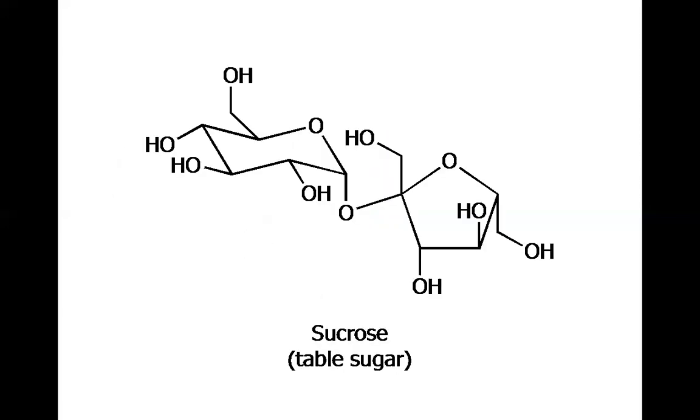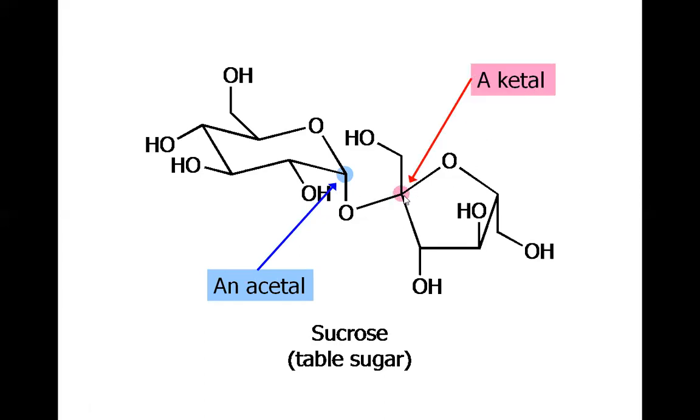Another natural compound, sucrose, table sugar, has this carbon. You can see this carbon is connected to two oxygens, which are further connected to alkyl carbon chains. So this carbon is connected to two alkoxys. So this is an acetal. Why am I calling it acetal? Because of two alkoxy groups and a hydrogen here and a carbon here. So this is an acetal bond, acetal functionality. And for this carbon, we have the ketal. Why am I calling it ketal? Because this carbon is connected to two alkoxy groups and two carbons. So if we simply cut this molecule from here and from here, we will have a ketone group on this carbon.